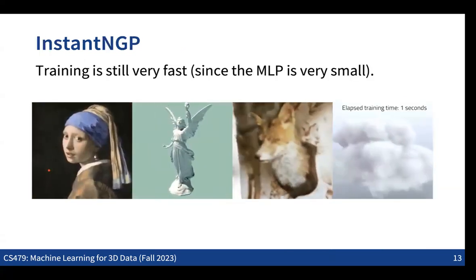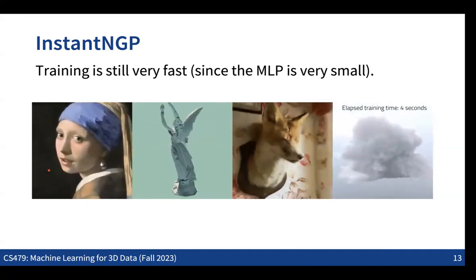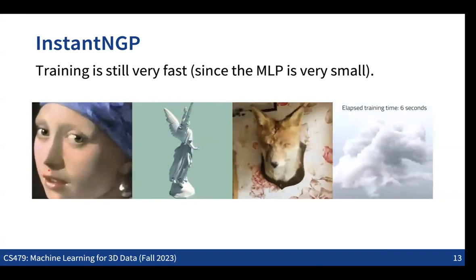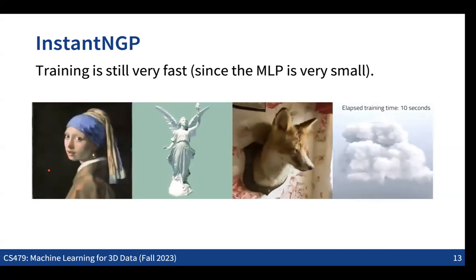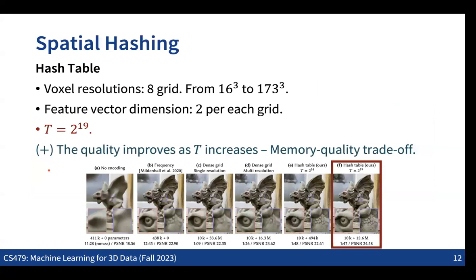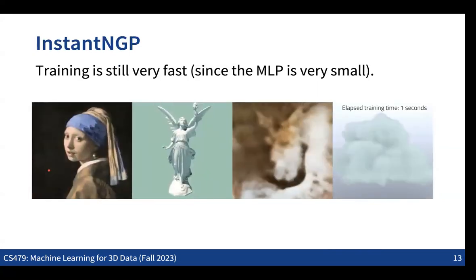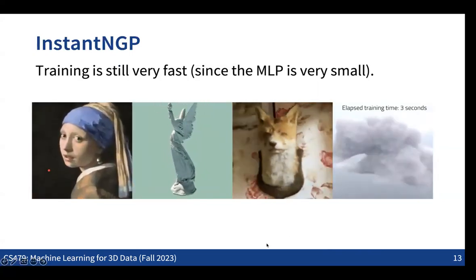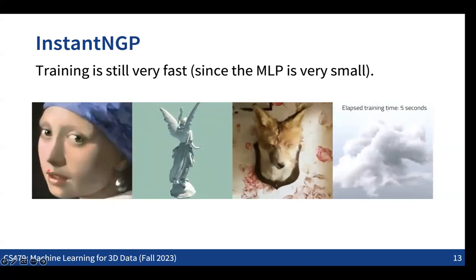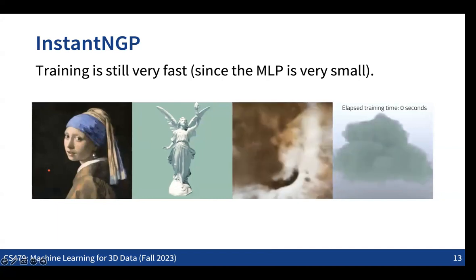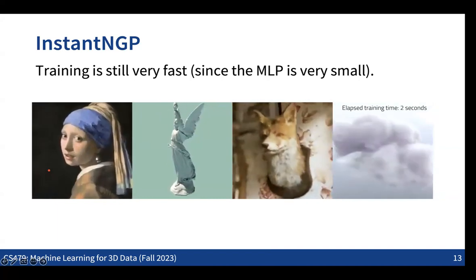And also the good thing of having this kind of spatial representation, the 3D grid, is that we can reduce the computation time like this. So these are all the results that are trained, learning and optimizing all the parameters in real time. So these are the real speed of optimizing all the things. You can see that in just a couple of seconds we can already see very nice results like this.